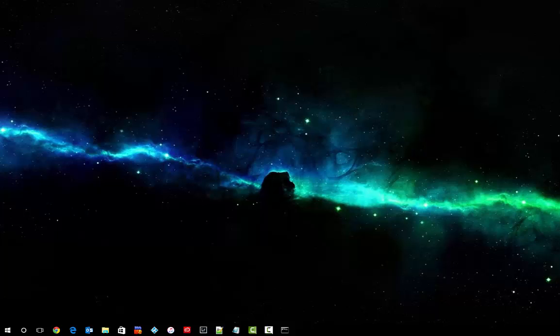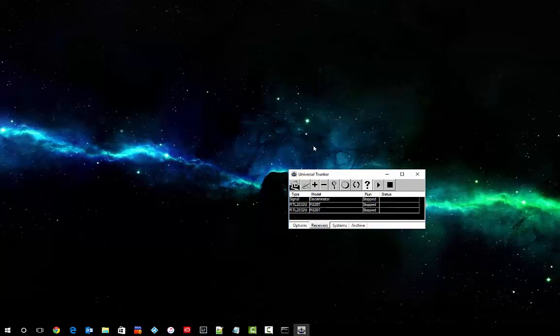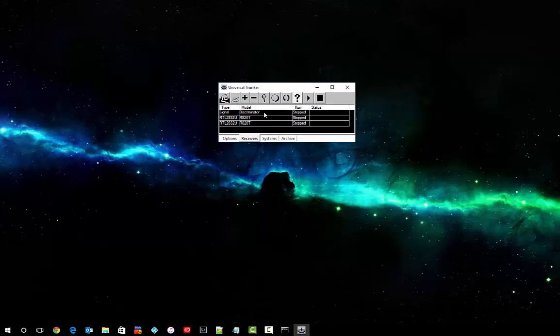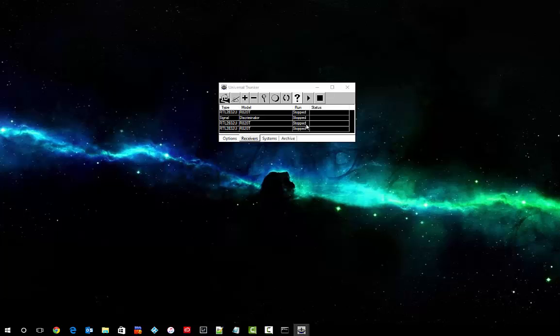open up Unitrunker. And so I actually have a discriminator tapped radio, but I also have both of my RTL devices set up in here. So we're going to walk through how to set the RTLs up. So let's pretend that I didn't have these set up. If I hit the plus button on here, I can see that one of the options that I have is the RTL 2832. And if I click on that,